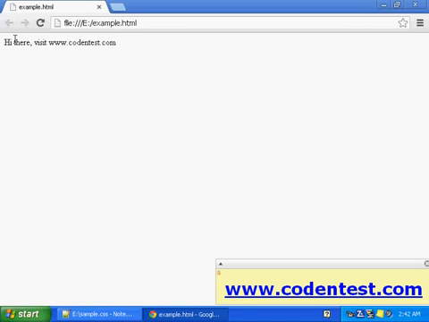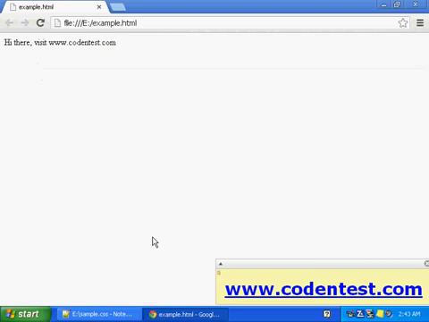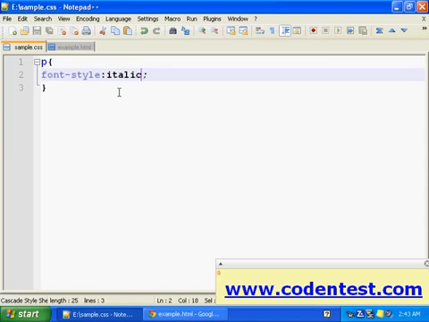See here, "Hi there, visit www.codandtest.com" is normal in style. Or we could give italic here. I'll save this and refresh here. It's italic now. So that's the font style property for you guys.